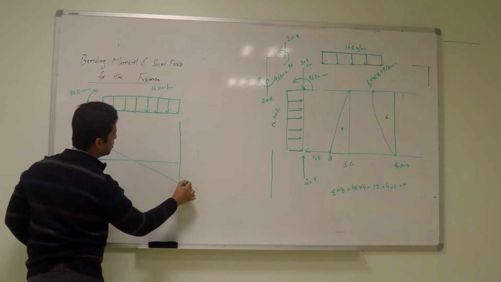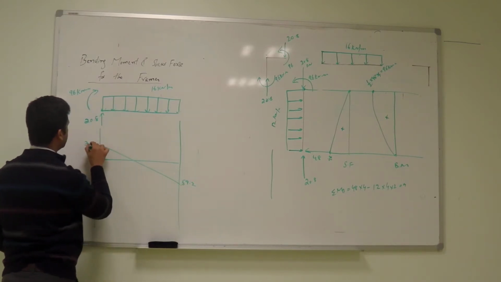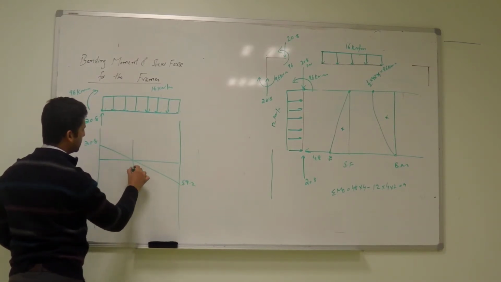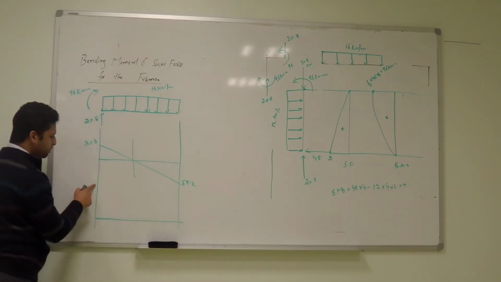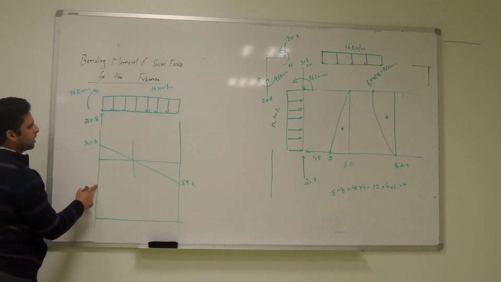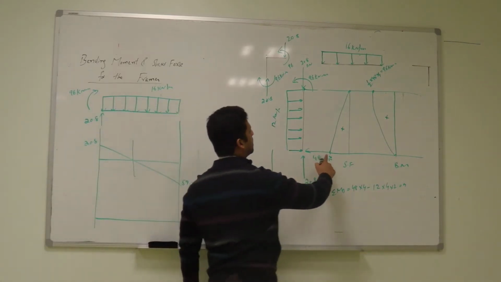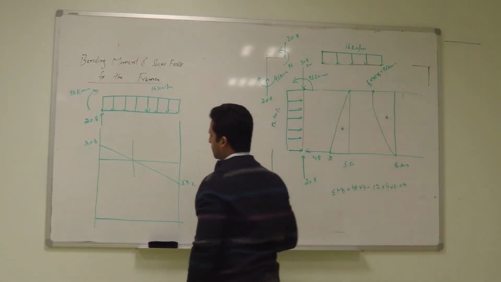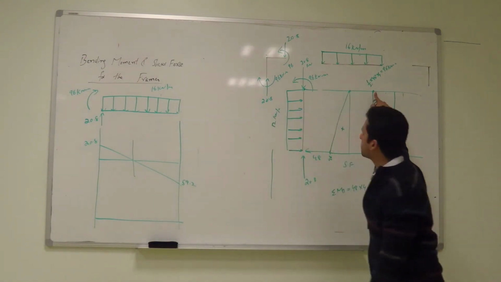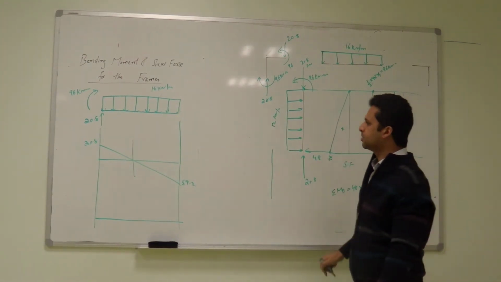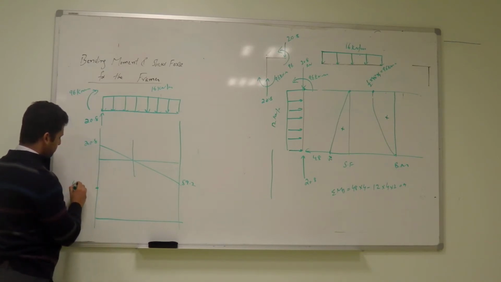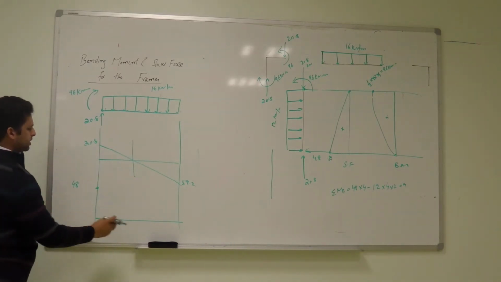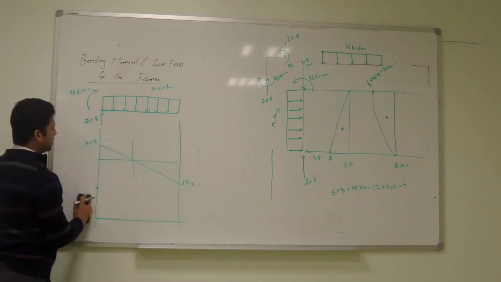This is 59.2, 20.8. How much is the moment here? Positive or negative? It's clockwise, so positive. You can also see from here. 96, 96. You can also see